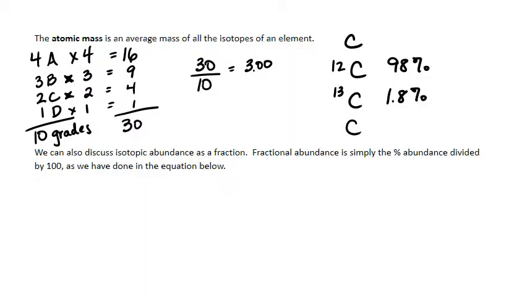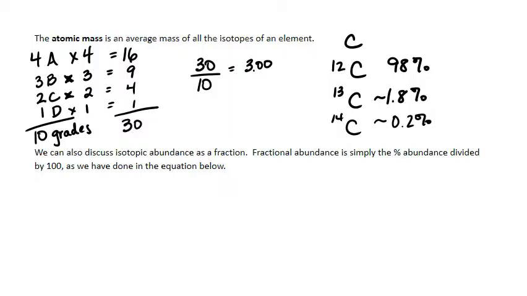And then we talk about carbon-14, and we say that that's about 0.2% or so. Then we know that when we calculate our average mass, the mass of carbon is going to end up being much closer to 12 than it is to the carbon-14. Okay, and so when you check the periodic table and look at the average atomic mass, you'll see that its average atomic mass is 12.011, and that's because more of those carbon-12 atoms contribute to the mass than the carbon-13